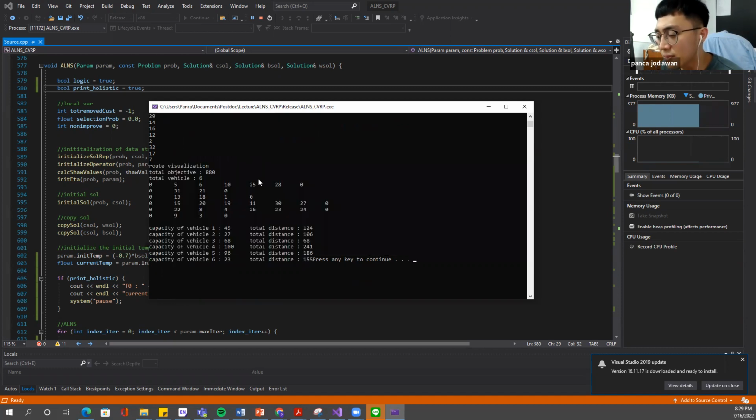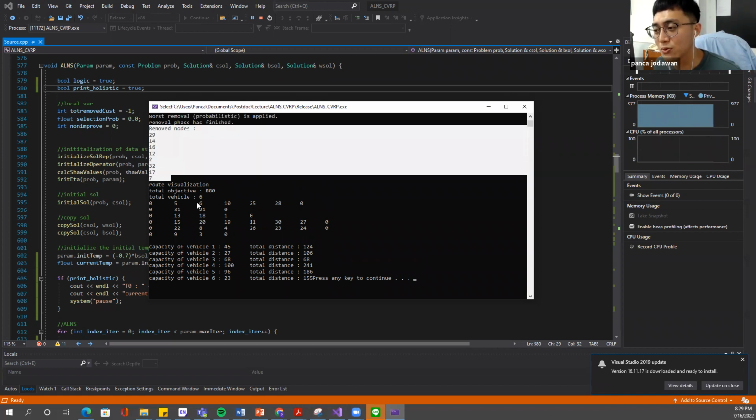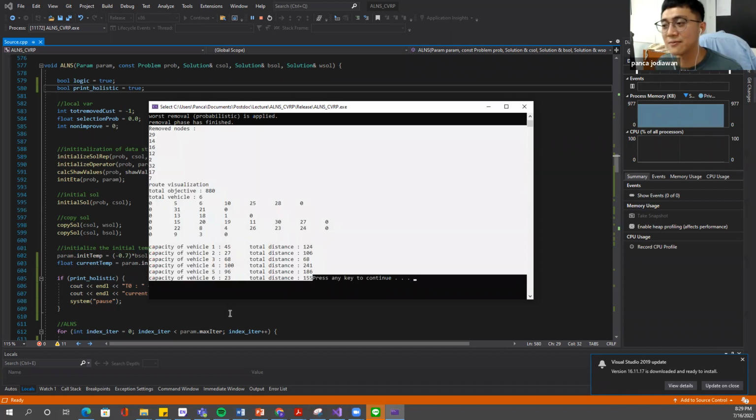Then what is the next phase after the destroy operator? What is the next phase after we destroy or remove the customers? What should we do after this?